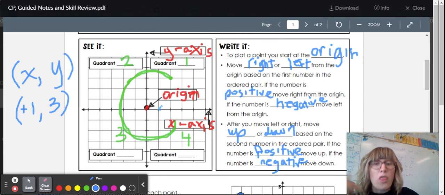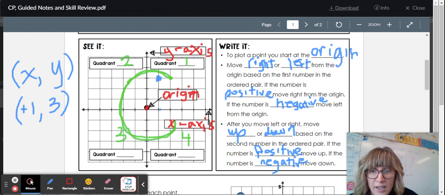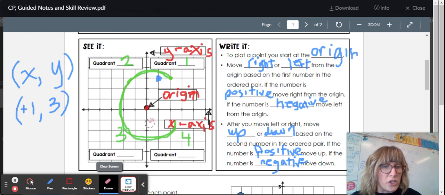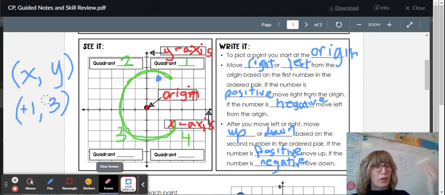So we're ready for the y-coordinate, which in our case is 3. We're going to go 1, 2, up, 3. And this is the only point we plot. We do not plot this right here; that's just a helpful thing to help us know where to go. We go left or right based on negative or positive, and up or down based on negative or positive. Since 3 is positive, we go up 3. And this right here, where that blue dot is,